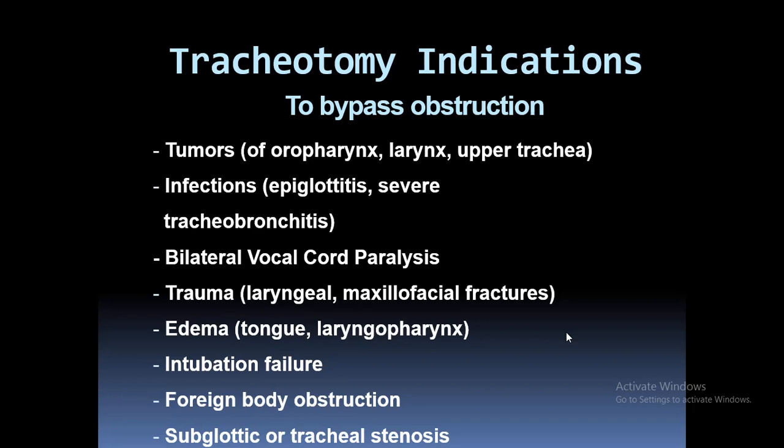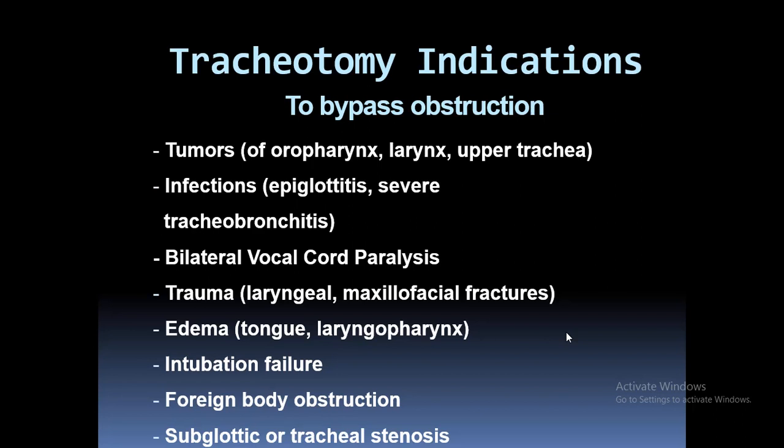And what are the indications of tracheostomy? First of all is to bypass respiratory obstruction. Respiratory obstruction can be caused by tumors of the oropharynx, larynx and the upper trachea, by various infections like epiglottitis, severe tracheobronchitis, in which there is edema of the larynx and the patient is unable to breathe. Then the bilateral vocal cord paralysis, in which vocal cords come in the midline and there is no airway for the patient. Then in several traumatic injuries like laryngeal and maxillofacial fractures, in edema of the tongue, laryngopharynx,